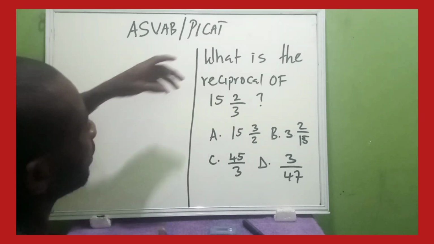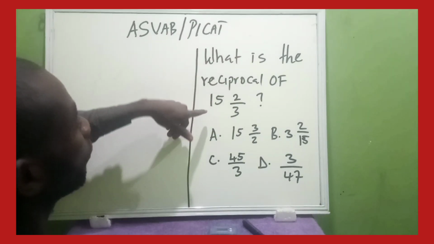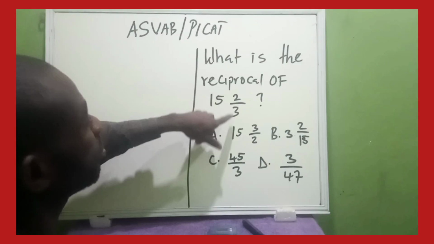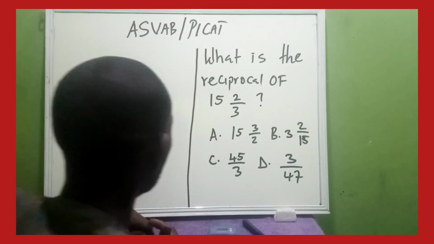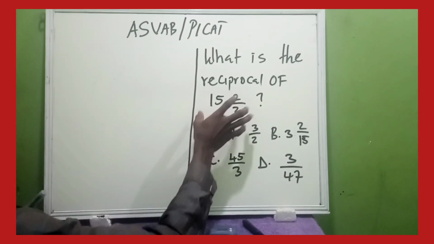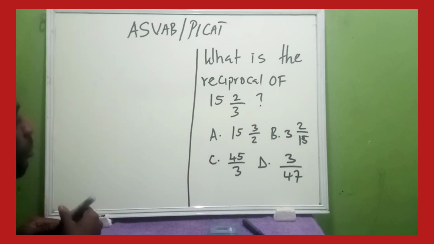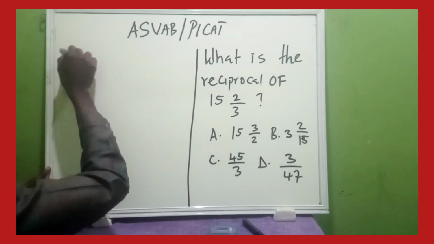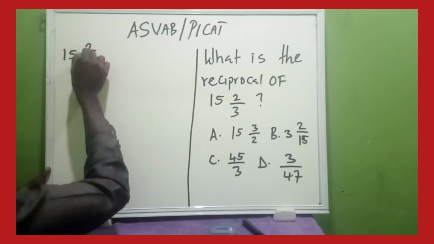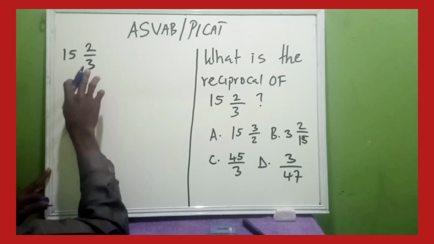The question asks us to find the reciprocal of 15 whole number 2 over 3. Step 1, we need to change this number from a mixed fraction to an improper fraction. And how do we do that? When we have 15 whole number 2 over 3, what we are going to do is